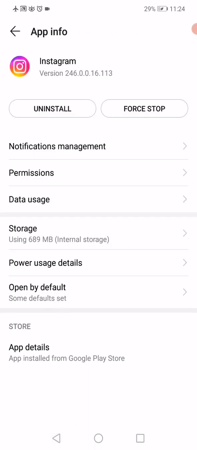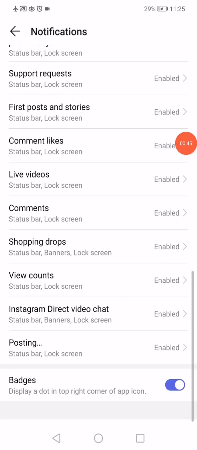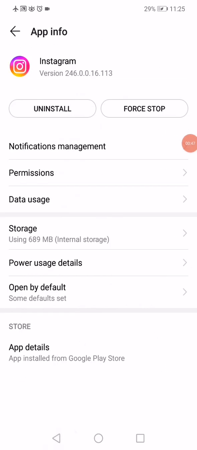After you click on Instagram, it will take you to this page. This is the app informations page, as you can see. All what you have to do now is click on the notifications management and make sure that all the notifications are enabled like this. Go back, click on this option force stop to stop running the app in the background,